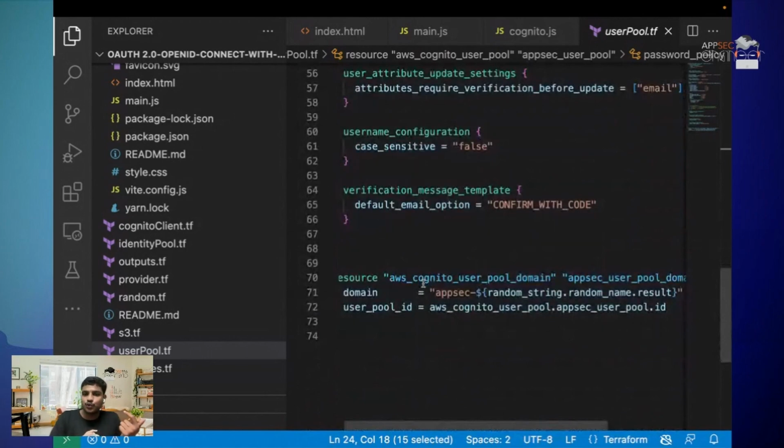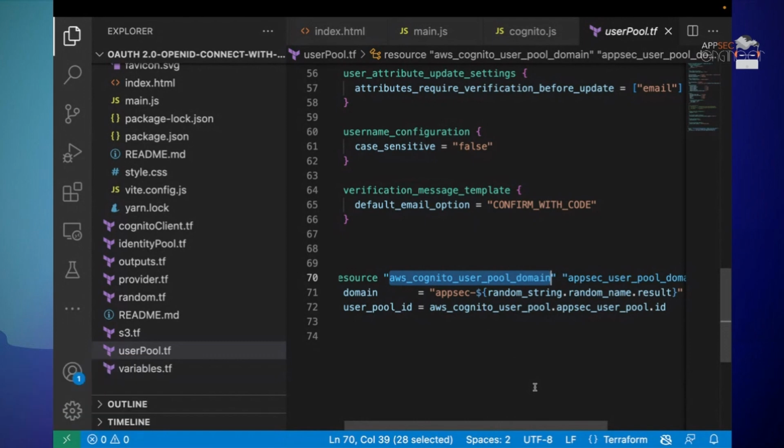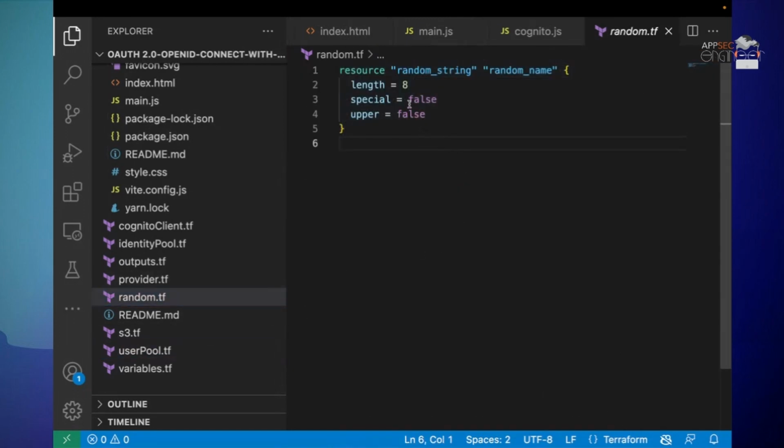And then we are creating one more thing called the AWS Cognito user pool domain. Whenever you create a user pool, Amazon Cognito gives some URL which is not user friendly. So we are customizing it with the domain name AppSec hyphen, followed by a random string. In this case, we generate a random string of length 8, with special characters false and uppercase letters as